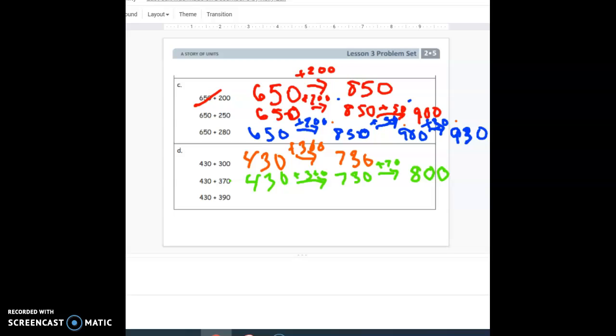We could have done that a different way. Maybe we'll do it a different way in this one. 430, because I don't think that was really that easy, plus 300 is 730. Okay. Now I'm supposed to split up 90. Personally, well, let's go ahead and do that. Let's say plus 70 because we already did the work, right? We know that's 800. And then I just have to do 20 more to make it 90 because 70 plus 20 makes 90. So I'm just going to add 20, and I have 800